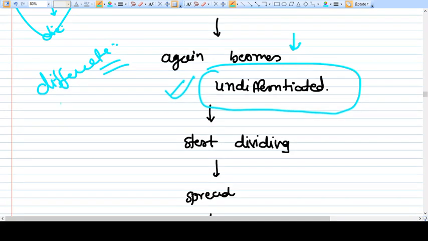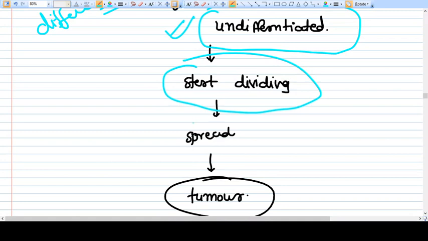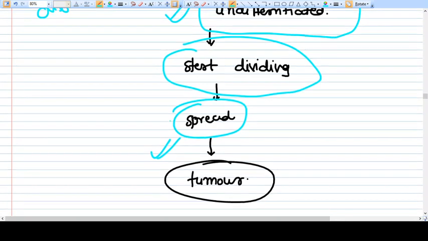They get undifferentiated. They lose their function, or they do their abnormal function. They just lose their function. They just again become undifferentiated, and they start dividing and spreading and making the tumors. So neoplasia is what? It is a reversal of what is called the natural growth spectrum,